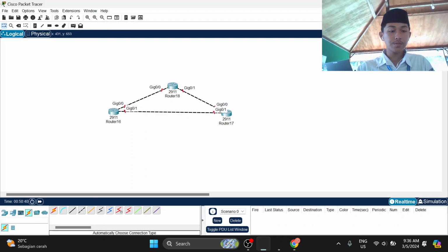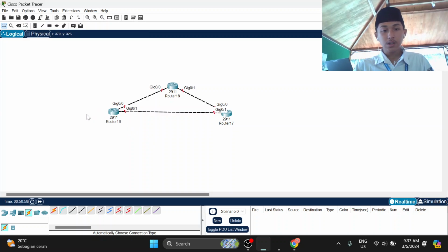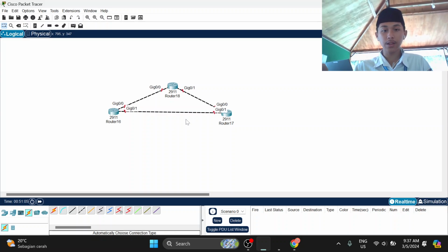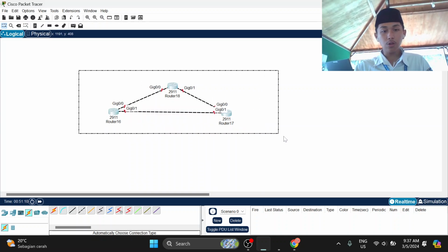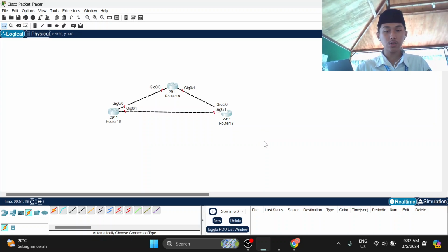Now, if it is link state, it means once you configure it, all these paths are shown to your router. It's different from distance vector. With distance vector, the only path shown is the best path you will use to the destination. But with link state, all of the paths, all of the ways you can use to the destination, will appear on your router.